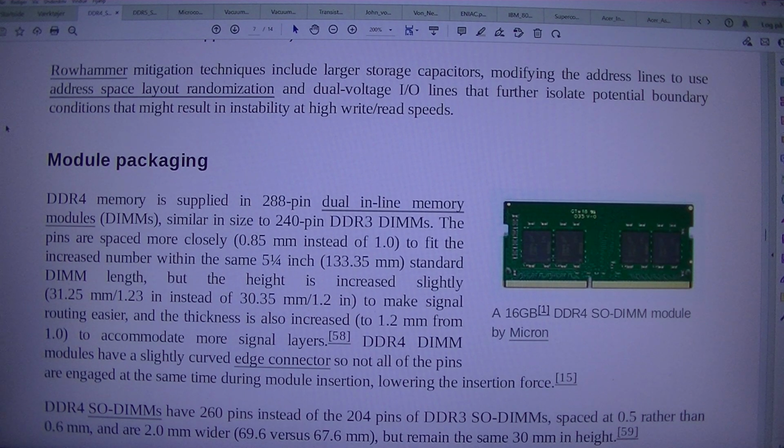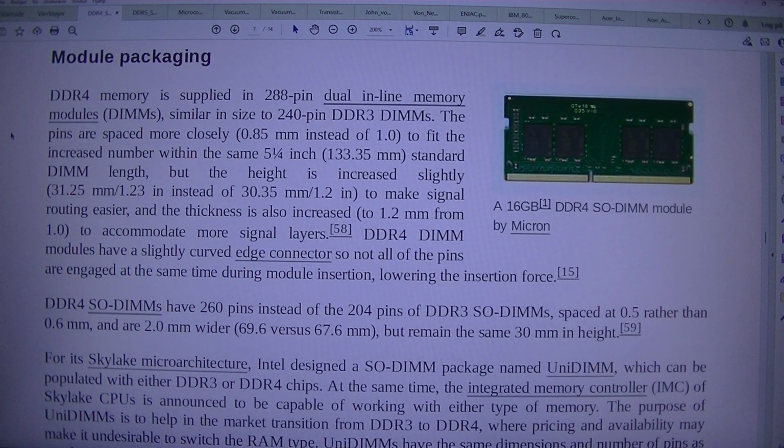Module packaging. DDR4 memory is supplied in 288-pin dual inline memory modules, DIMMs, similar in size to 240-pin DDR3 DIMMs. The pins are spaced more closely, 0.85 mm instead of 1.0, to fit the increased number within the same 5¼ inch,